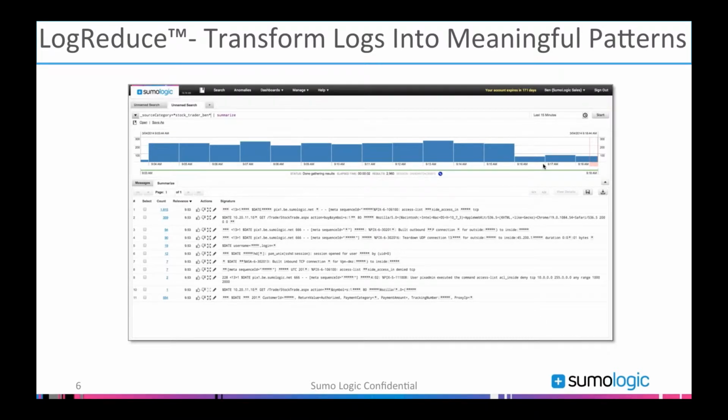Here is a quick screenshot of how LogReduce works, and it's probably very hard to see, but look at the amount of search results in just 15 minutes, and this is a very small deployment, but we are still getting 3,000 search results. And when you are getting 3,000 search results, instead of going through them one by one, you can LogReduce it, you can summarize it. And so what it does, it figures out, oh, 1,800 of them are exactly the same kind of log data. So it puts them at the very top.